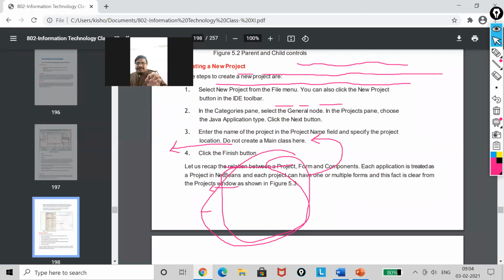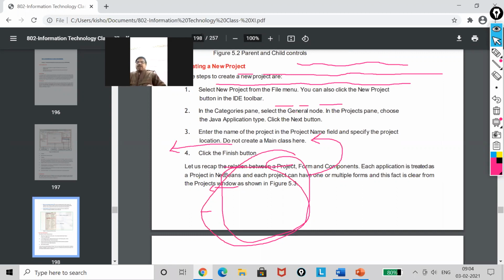Yes, you can have many forms. One form will be related to the details of the student. Another form you can have is regarding the records of the students, that means class test marks. Yes, you can have, my dear. Actually, the project is the main one which is to be created first by you.